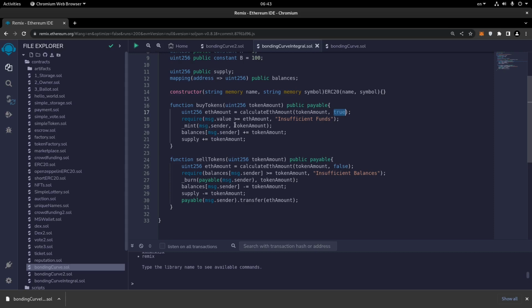And the number of the tokens that are going to be minted is the token amount, and then we will increase the balances of the message sender by this number of token amount. So the balances is for the balances of the tokens of that specific buyer or seller. And then in the end we will increase the supply by the number of token amount. So any amount of tokens that the person wants to buy will also be added up to the supply, meaning that they're minted, so the supply will also